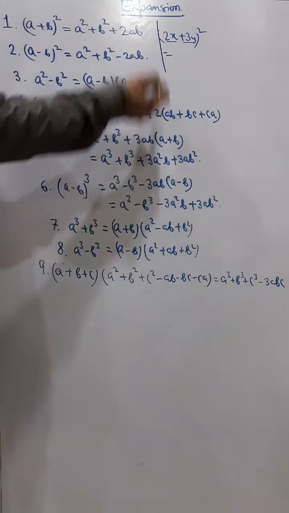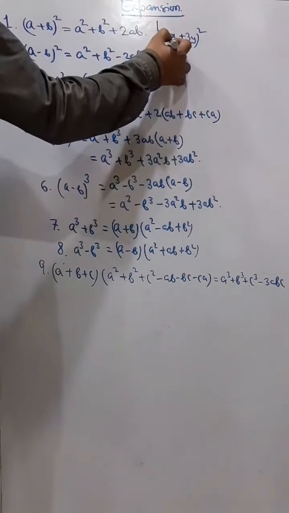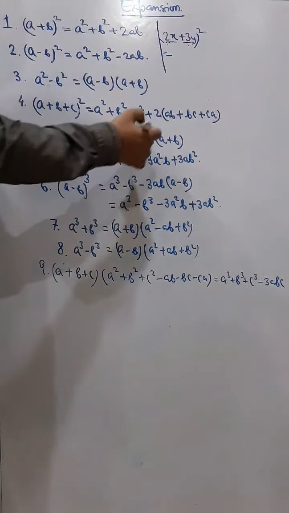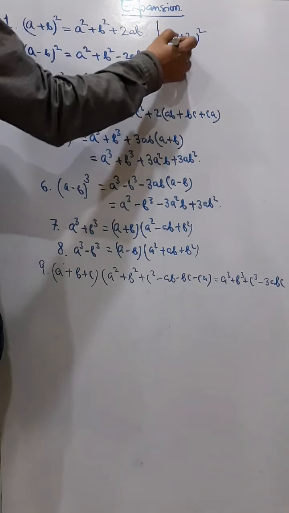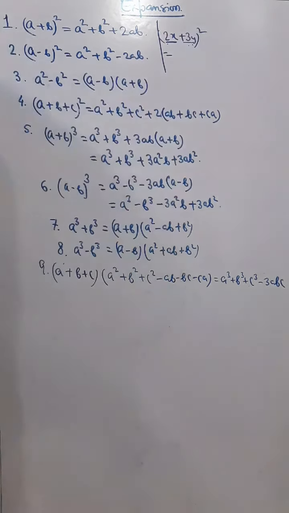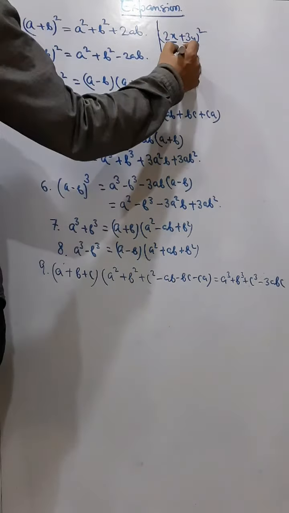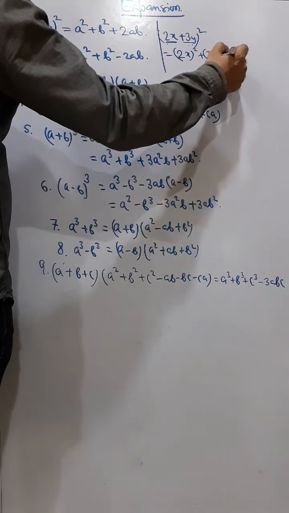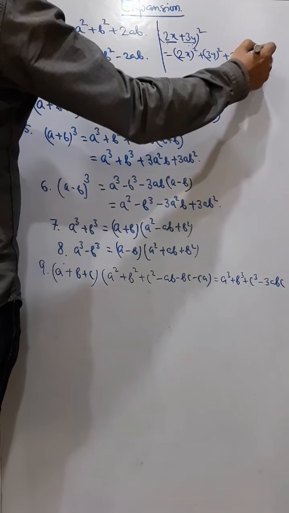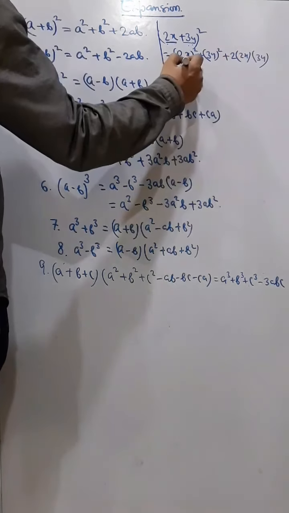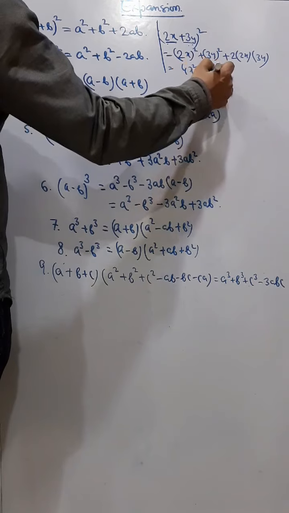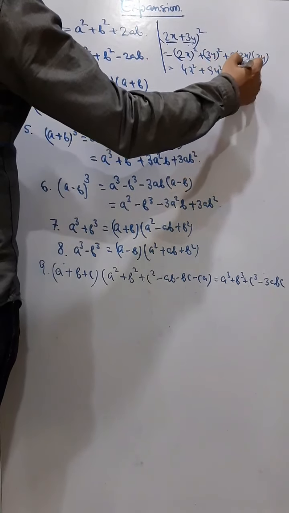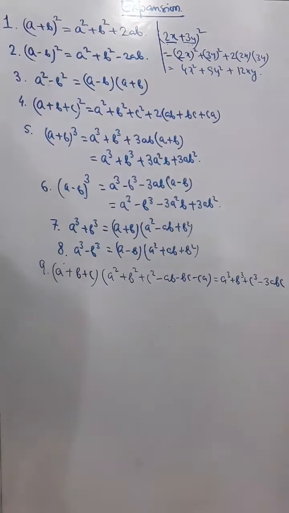So these terms can be anything. They can be replaced in a question by any numbers like this. Now I will think of this one as a and this one as b. So this becomes (a plus b) whole square, so I say a square plus b square plus 2 into a into b, and then we solve like this: 4x square plus 9y square plus 12 into x into y. So we follow this in every case. a, b, c are all terms.